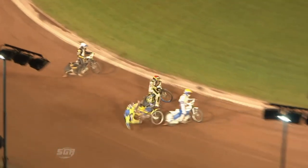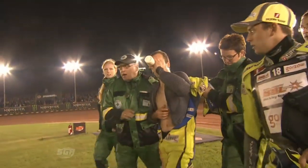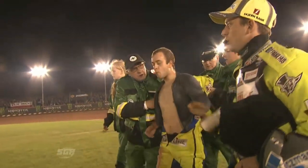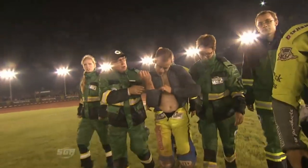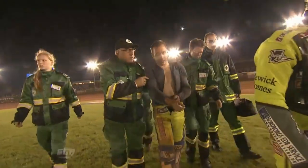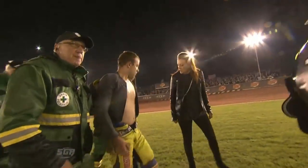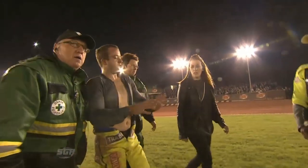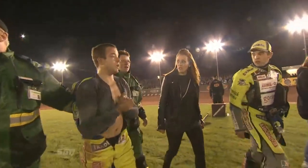And he's a rider that Chris Louis was interviewing earlier on, and he's got a twinkle in his eye. He's got that confidence back. Yeah, enjoying his Speedway. Clearly feeling a bit knocked about and worse for wear, a bit battered and bruised, but he wants to get back on the bike and give himself a final here tonight in front of his home crowd. Yeah, he's been in a fine run of form, Kenneth, and 10 points tonight, very quick